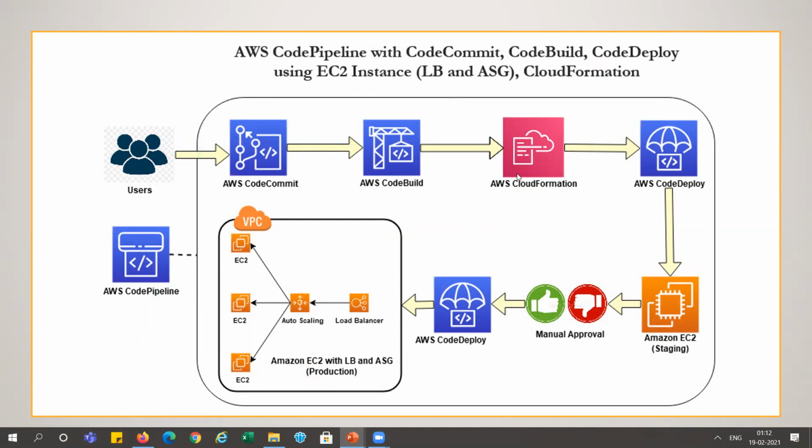Here everything will be the same, but we will create one staging environment using CloudFormation. We will use a CloudFormation script to create an environment, and after creating the staging environment, CodeDeploy will deploy to the EC2 instance for the staging environment. Here we could use auto scaling and a load balancer also, but for this POC I'm using a simple single EC2 instance. But you can use the same thing in the staging environment too. So this is our staging environment. After the, okay, I'm coming from the starting.